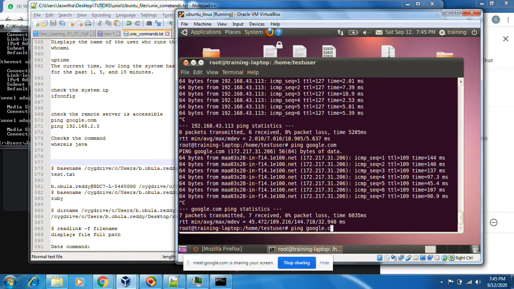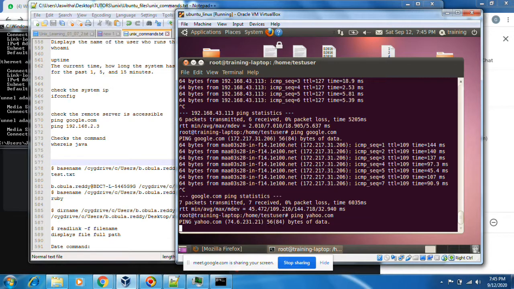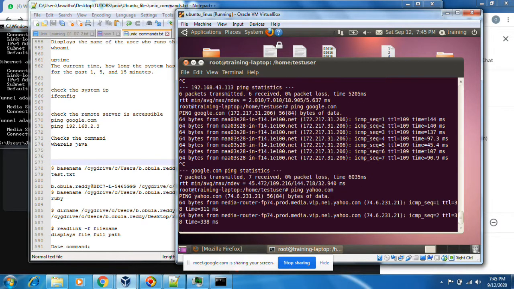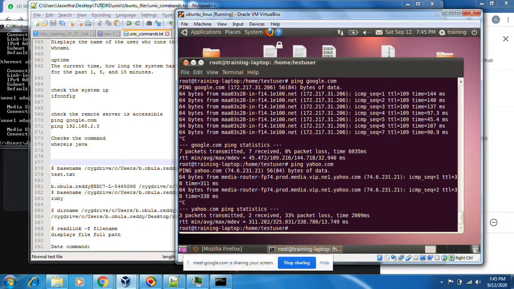Or you can try any other domain also, yahoo.com. If your school has a domain, you can check your school domain here, whether those domain servers are active or stopped, or something like this.